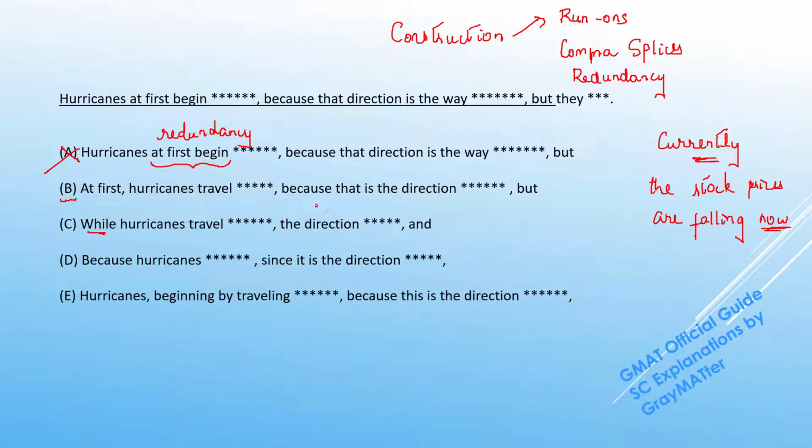Now this phrase is what is called an appositive modifier, because this direction is merely adding extra information for the east to west direction. So generally this is not a necessary part of the original sentence itself, so it can be read around. So when we notice the main construction, it says while hurricanes travel blah blah blah and they then veer off. This is invalid construction, because would we for example say while